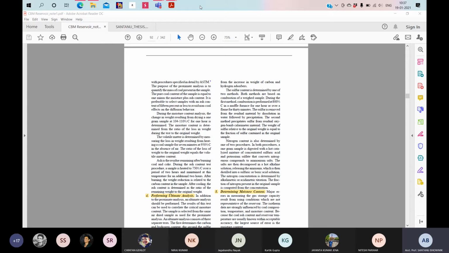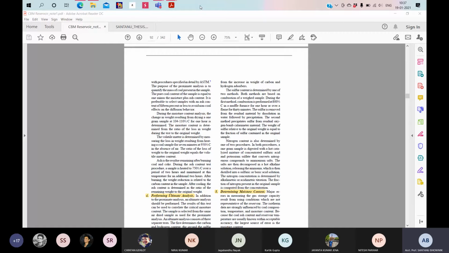There is another test called the petrographic analysis. In India there are separate Indian standards for it. It has to be done in the Simfar lab. For this you have to prepare some 200 or 300 grams of powder sample, prepared at a particular size range, and give it to them. They will show you what the different coal materials available are and